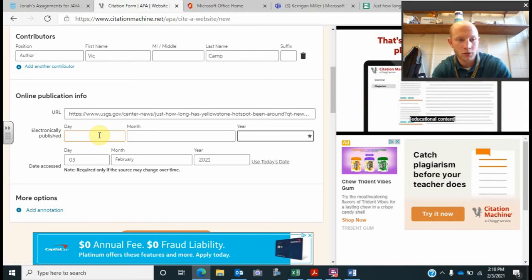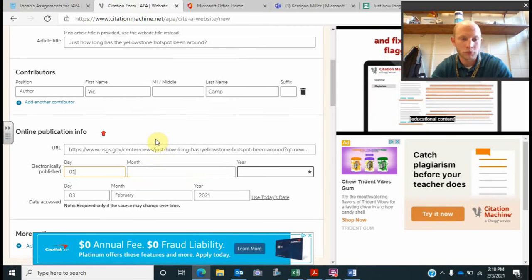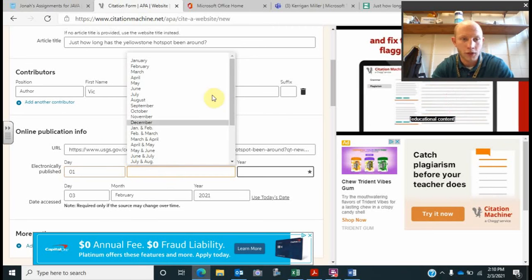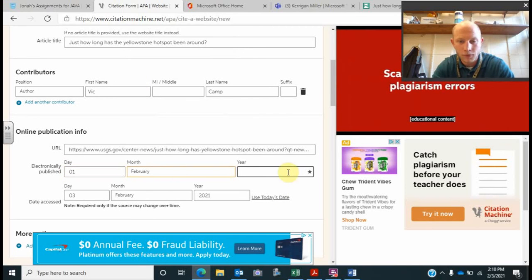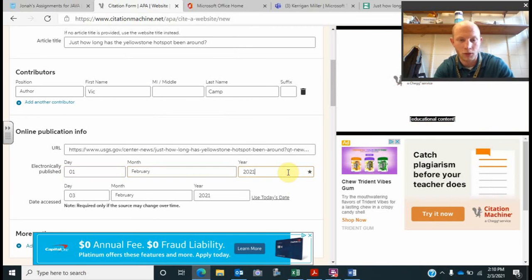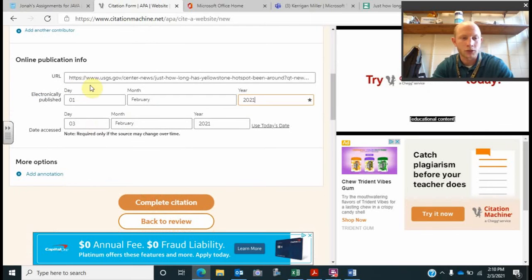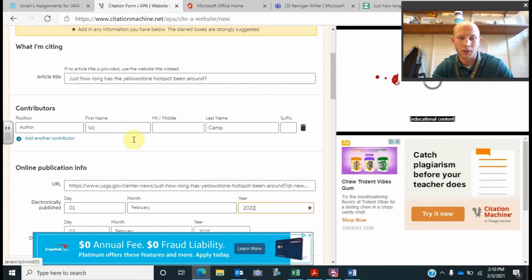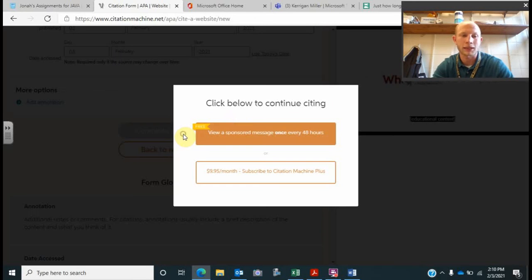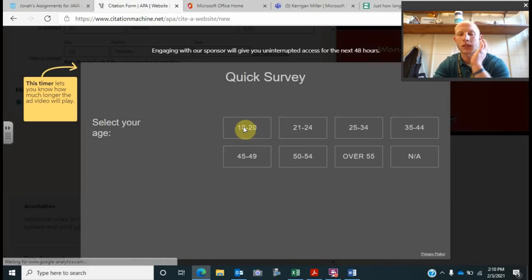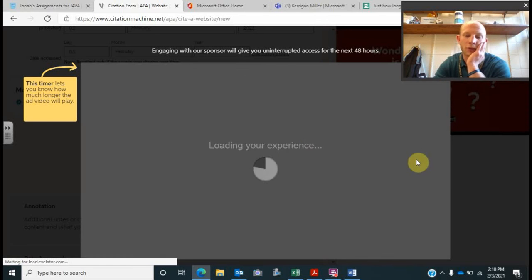So, 01, February, and 2021. Okay. And so every once in a while you have to fill some stuff in, but it's pretty good. So other than that, complete citation. Okay. Hopefully we don't get, sometimes it makes you go through